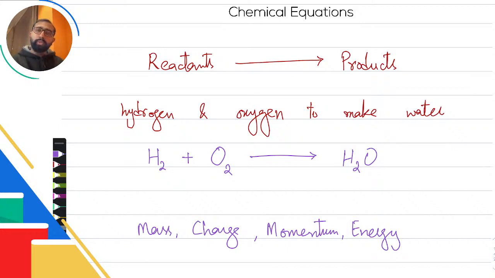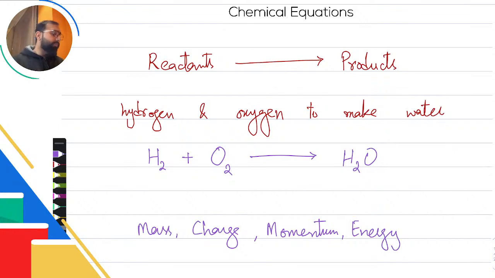Now those two things are joining together and making water, but in one water molecule you have two hydrogen atoms and one oxygen atom. So clearly one oxygen is not being shown here, and that can't happen. Mass of that oxygen, where did it go? It has to be accounted for, and for that reason we do what we call balancing equations. So how do you balance?